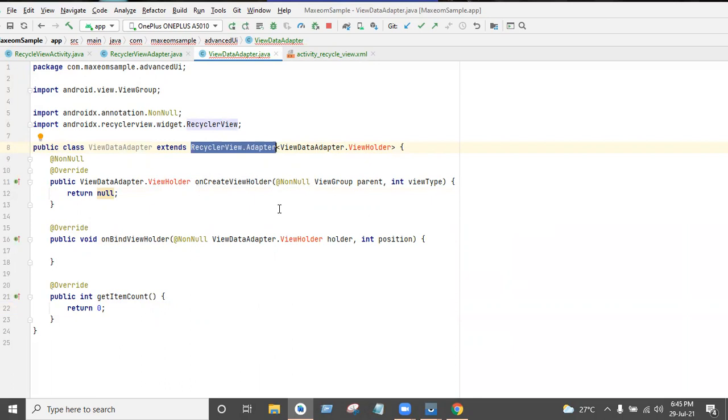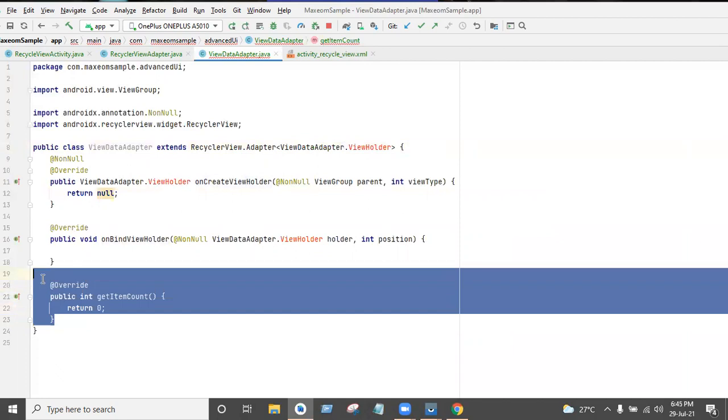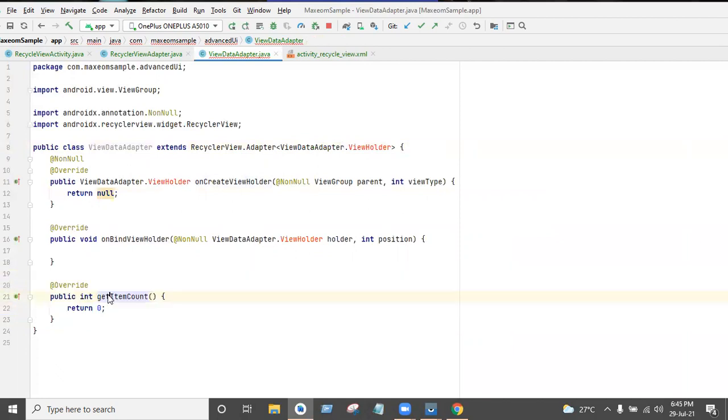In this, item count means the list or array count. However many items you want, you need to pass that count here. This is for item count. And onBindViewHolder will bind the data.